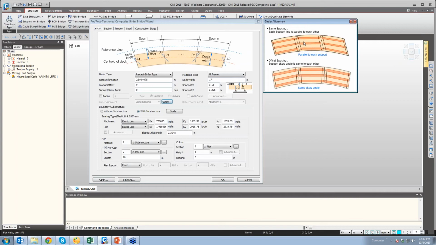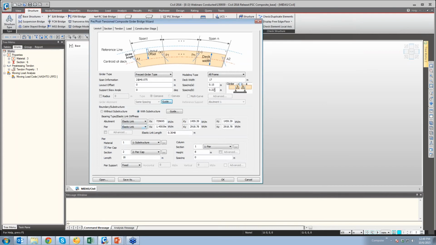If you go to the guide, okay, there are two options over here for girder alignment. This won't be activated for all frame option. So over here, if your supports are skew, then should they be placed parallel to each other or should they be placed radially? So you could select that. Then the spacing would be provided. That is, when these girders are placed, they are usually not continuous. So if there is this discontinuity, then as it can be viewed from this small diagram over here, the spacing A and spacing B need to be entered.